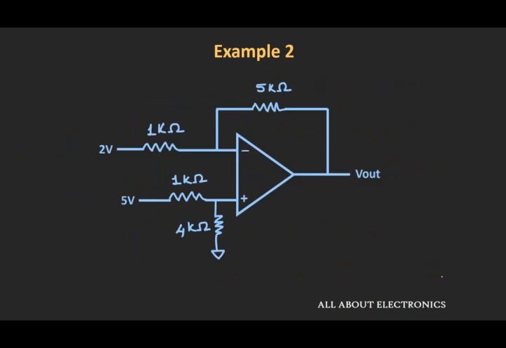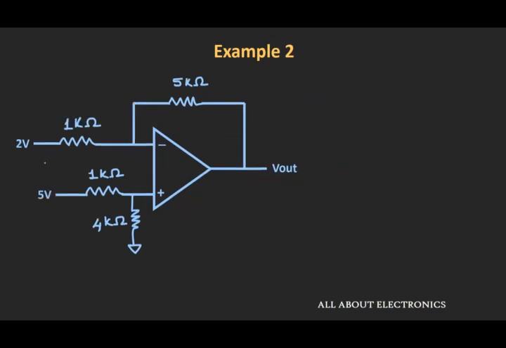If you see this example, it is very similar to the previous example, but in this case let us assume that our bias voltage is plus 12 volt and minus 12 volt, and we want to find the output voltage. Once again we will assume only one voltage source is acting at a time, find the output voltage, and then combine the individual responses. Let us say VO1 is the output voltage when this 2 volt source is acting alone. So our output voltage will be equal to minus 5 divided by 1 times this 2 volt source, which again comes out as minus 10 volt.